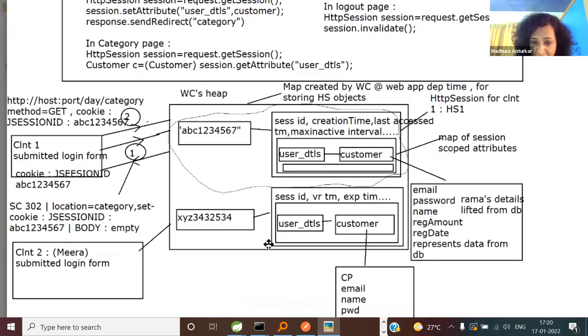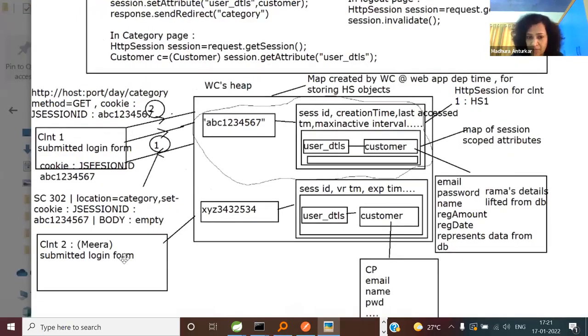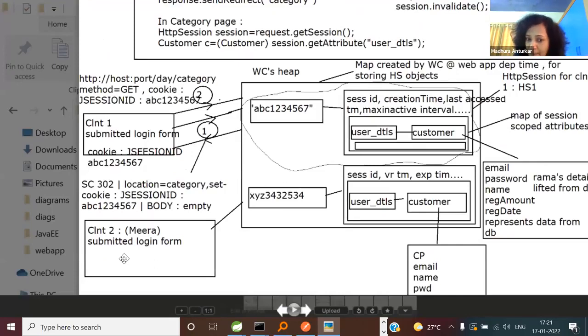So here I had marked the first one. I'm talking about Mira. So this entire second entry, K2, V2, is deleted. Recall core Java. It is as if saying map.remove K2. So the entire entry is deleted, so that even when client Mira has said log me out, and then she has said visit again and comes back to the login page, same client browser, I have not yet exited from the client browser.